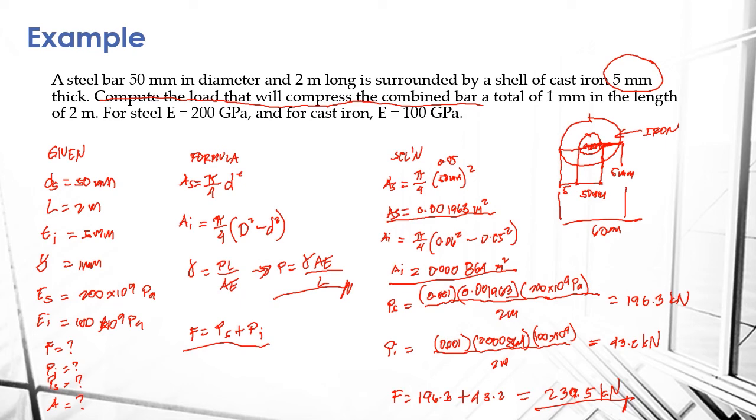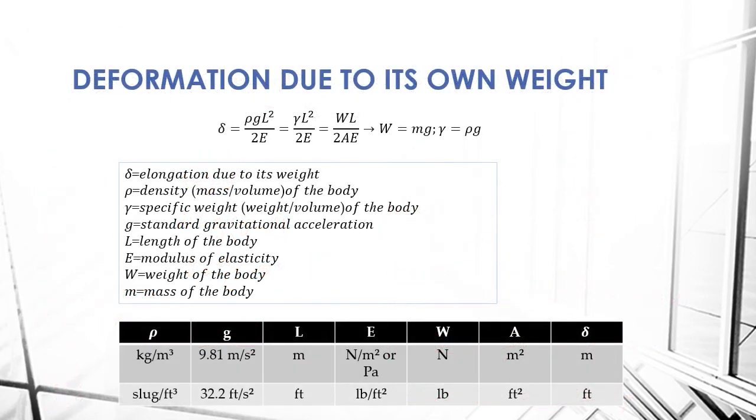So, proceed ta sa atong next topic, which is deformation due to its own weight. Karon, ato na siyang i-consider ang weight niya, no? So, ganina kay deformation lang mo to sa iyang load. Karon, apilon na nato si weight. So, ang formula sa deformation due to its own weight is rho times gravity times length squared over 2